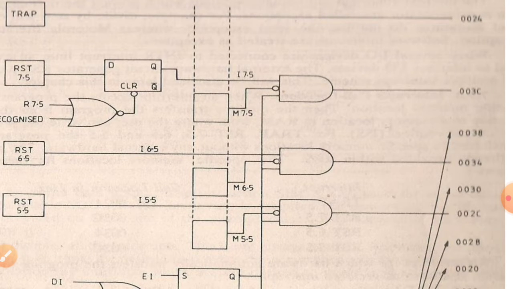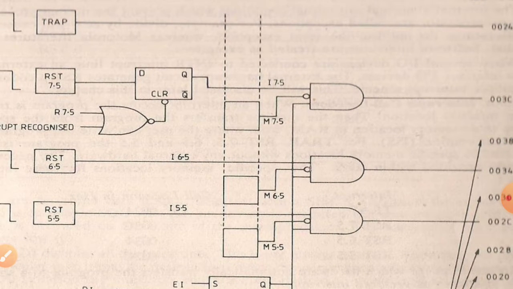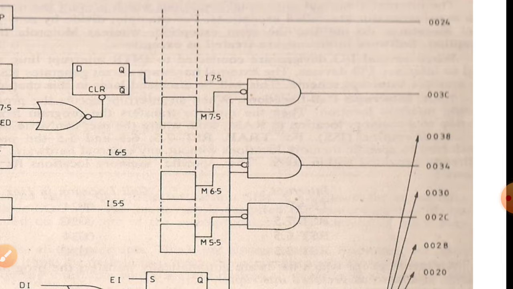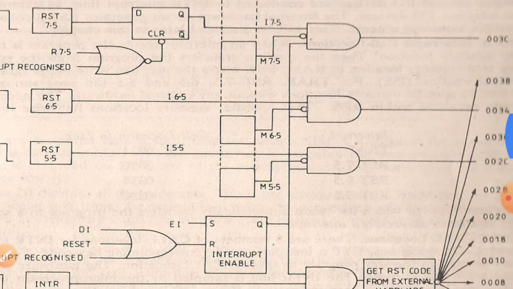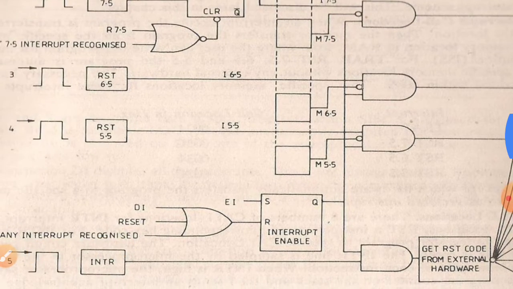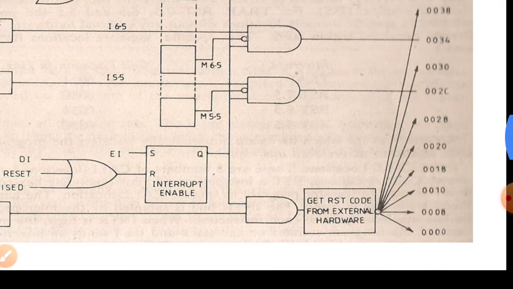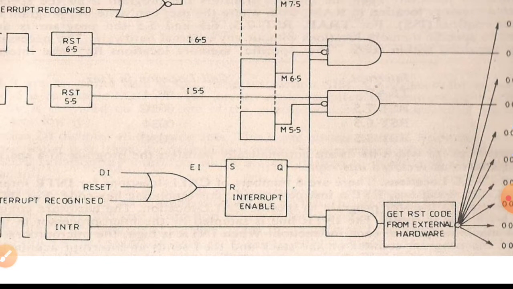These are the call locations where the subroutine subprogram is written. So, if any device is interrupted through RST 7.5, it has to execute the program which is written at 003C, and the program written at 003C is the actual program which is able to transfer the data. Similarly, for 6.5 we have the address 0034. For 5.5 we have the address 002C, and the INTR line can be used along with the RST